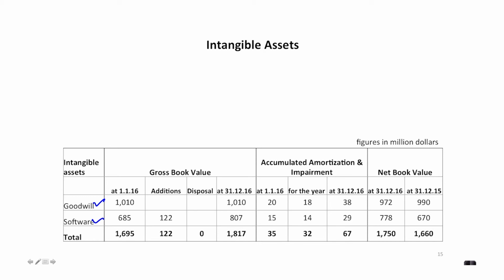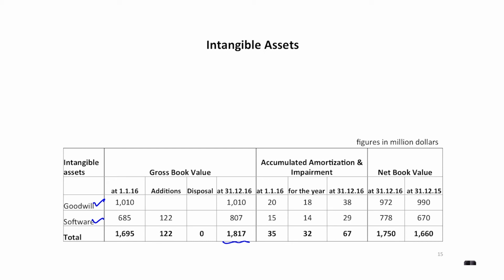What do you remember of goodwill? Is goodwill good name in the business? Hope you remember that goodwill is not good name, but is the excess amount paid when they have acquired another company. Try and recollect the definition of what is goodwill. Ginger Company also has purchased some software. So in the balance sheet, you have $1,817 million worth of goodwill and software at the end of the year.